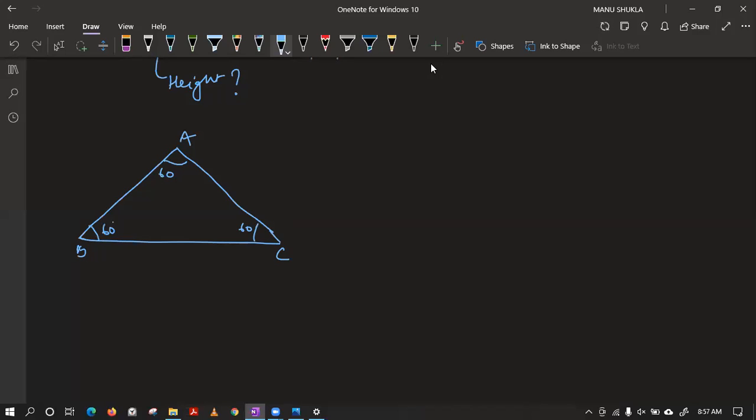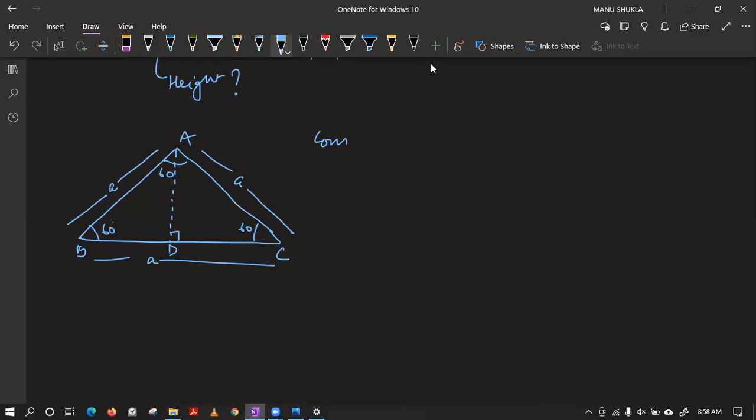I have to draw a perpendicular. Let me call this side A units, this A units, and this is also A units. If I draw a perpendicular like this and I call it AD, please tell me. Yes, we will divide the triangle into two right triangles. Yes, Joel, correct. Class, please tell me what will happen, that this AD is the perpendicular.